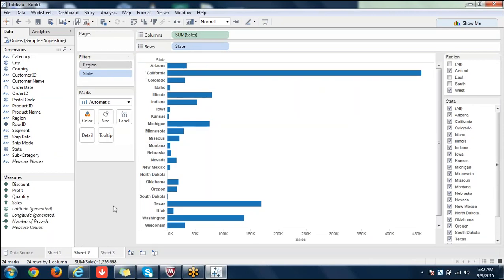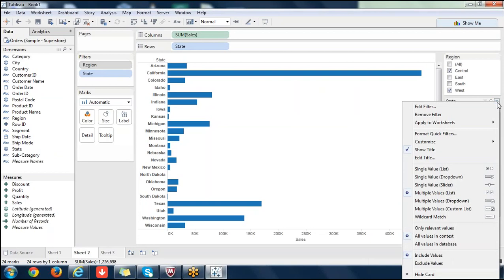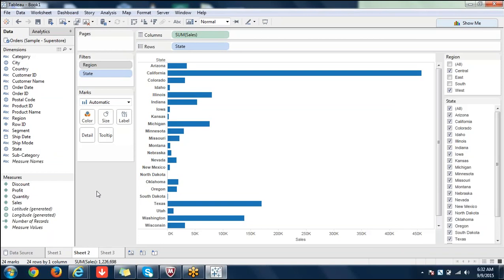And one more thing, this is context filter and cascading filter. The difference between them is only in terms of improving performance. When you add a value to context, you will see it in gray color. And you come here in the lower order filter, or lower level filter, you say all values in context, whereas for cascading filter, you say only relevant values. That's the only difference between how you develop context filter and cascading filter. The major purpose of context filter is to improve performance.